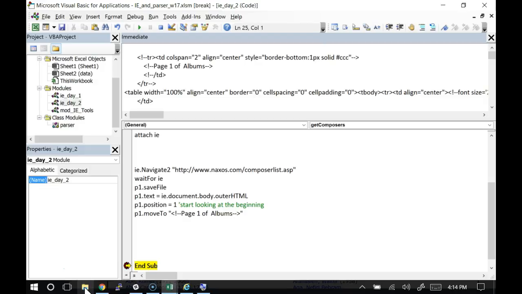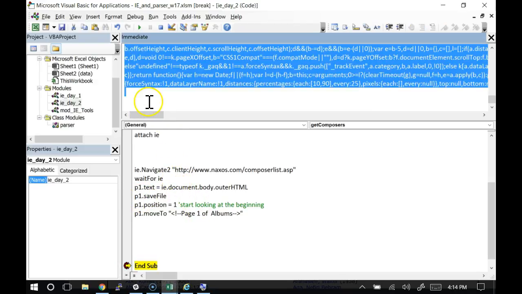Okay. Yes? When you have a save file, should that be under the text? Oh yes, very good. Because save file, what's it going to save? Whatever's in the text. What's in the text? Right now, nothing. Very good. So that needs to be here after we set the text. So we're going to set the text, we're going to save the file, set the position. That should be good. Now, I didn't tell it where to save it, so it should have saved it in